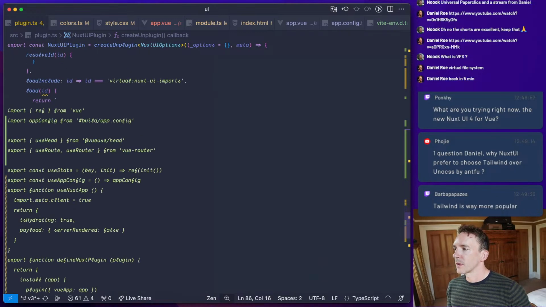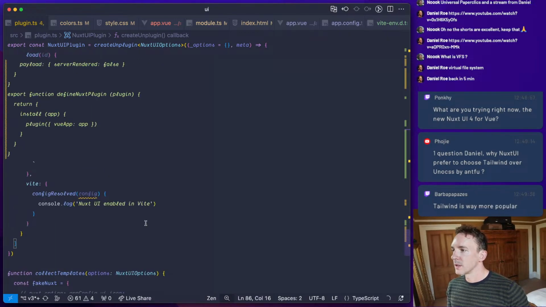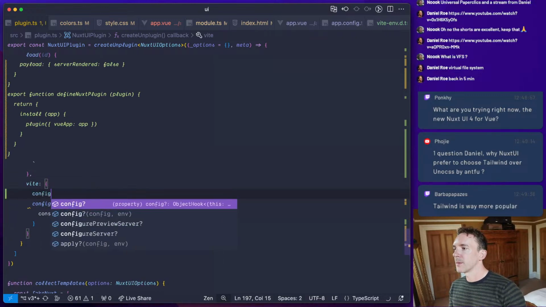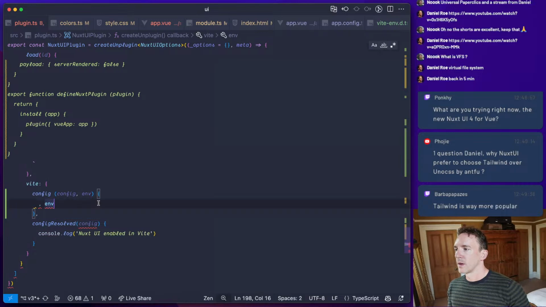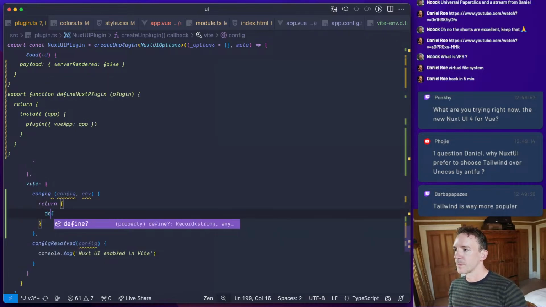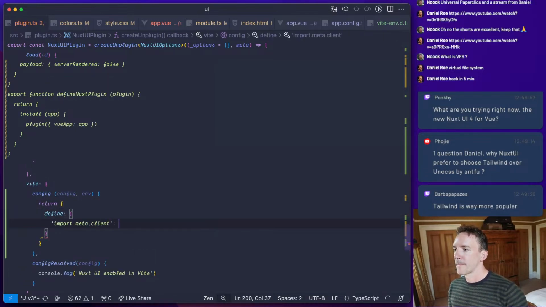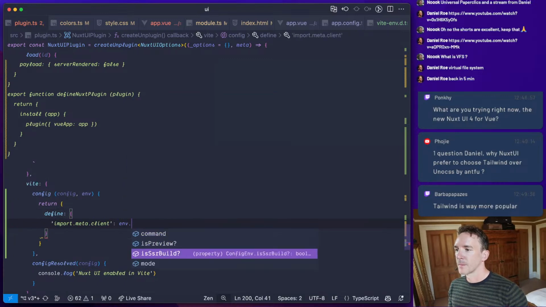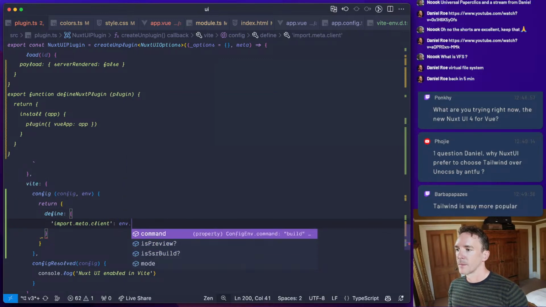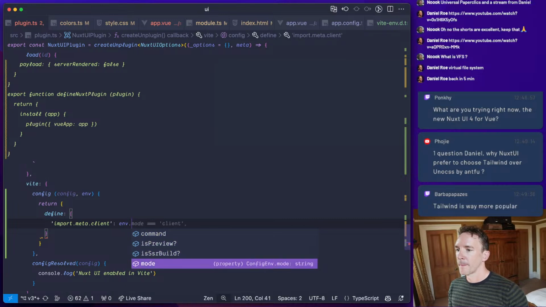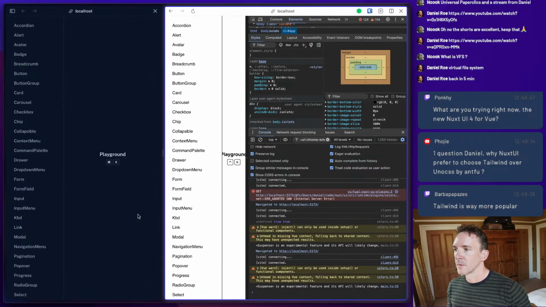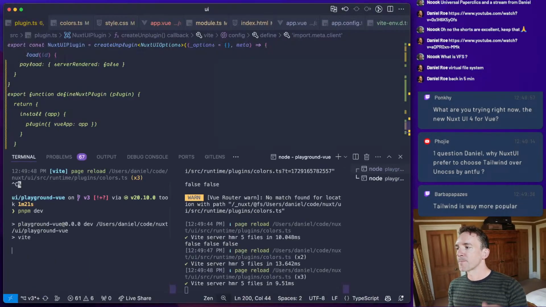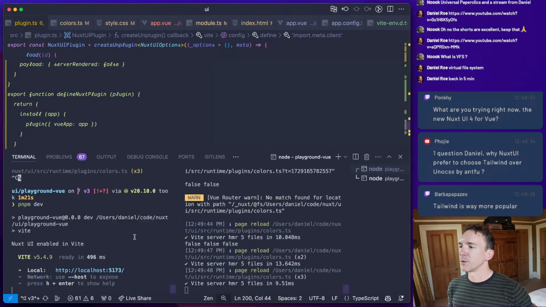A lot of code in Nuxt requires, and so I think we just need to do that here. So we say config. I think we just say it's false, right? Okay. Try one more time. Wait, not false, but true.